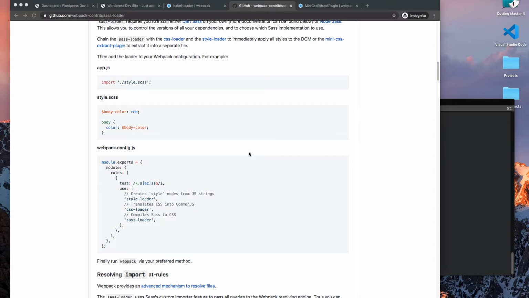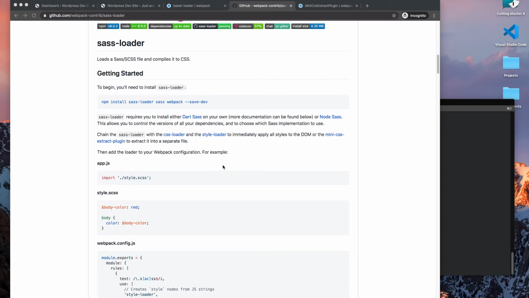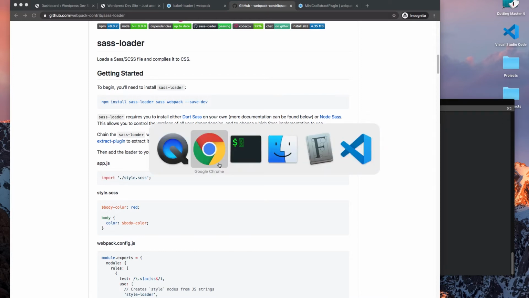Alright, in my last video, I talked about using Babel Loader to compile my JavaScript. Now I'm going to basically walk through how to use the Sass Loader to compile my Sass files into CSS. So the same rules that I applied to